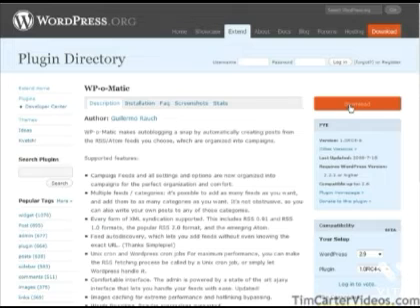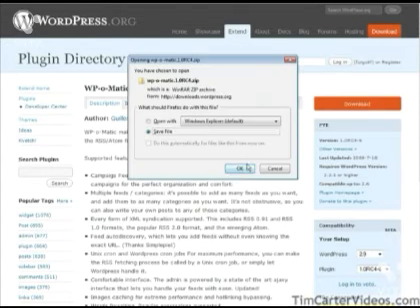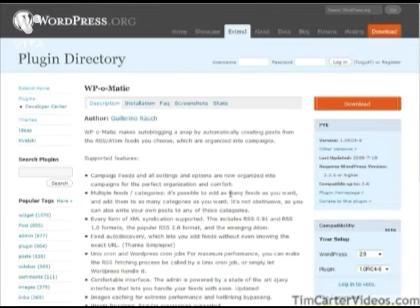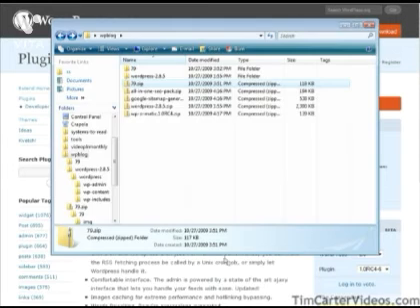Okay, here it is here. Download. Okay, and at this point we now have all of our plugins in our directory. So again, what we need